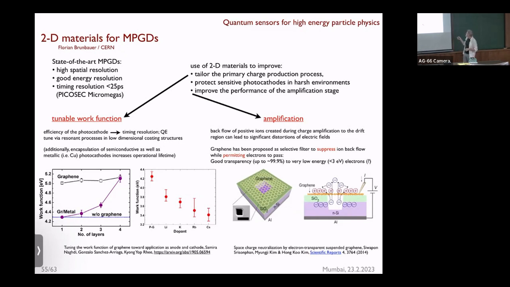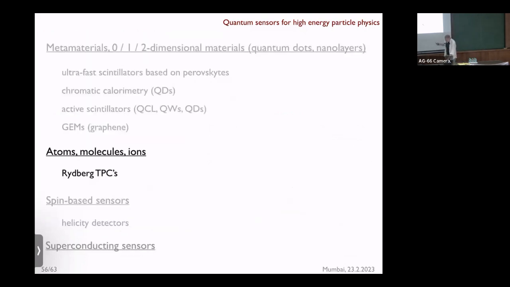The same monolayer of graphene can also be used to tune the work function of the photocathode that is used to then detect the shower. You can see here the effect of monolayers of graphene, one monolayer, two monolayers, three monolayers, four monolayers, on the work function of this photocathode. And you can see that for a few monolayers, this allows you to tune very precisely the exact value of the work function. Now, these are things that are happening right now in terms of these low